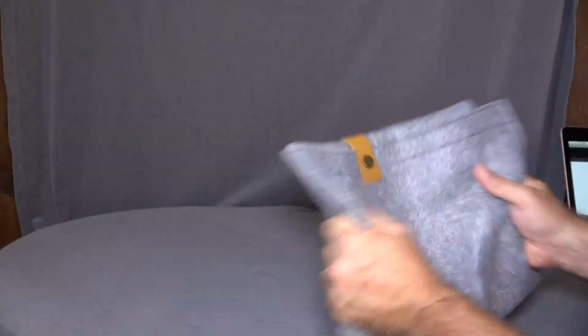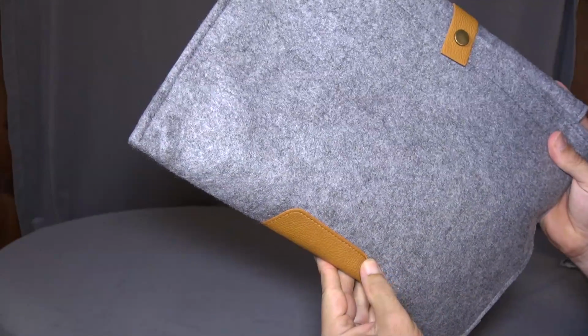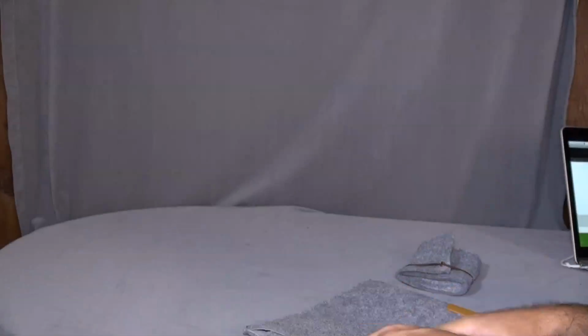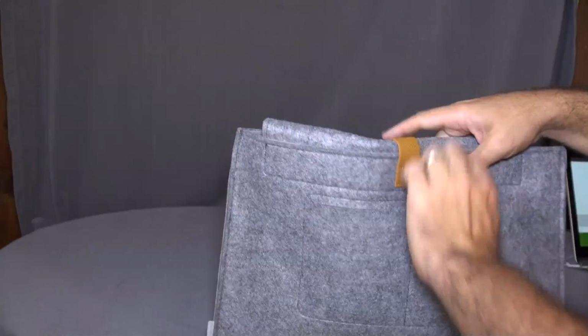It feels very sturdy. If you pull on it, it's made very well. It has the little faux leather here. I don't know if it is leather, but it looks all good. It's nice and gray, and it's got this little brown. It's stitched well and all that. If you open it up, it's just a nice little case, and then it's got its little pockets